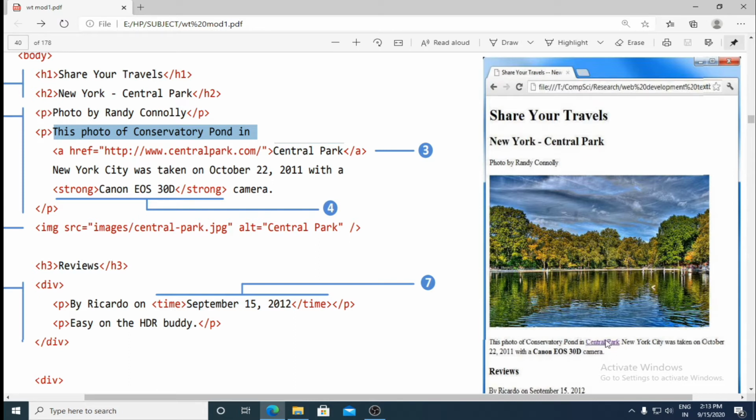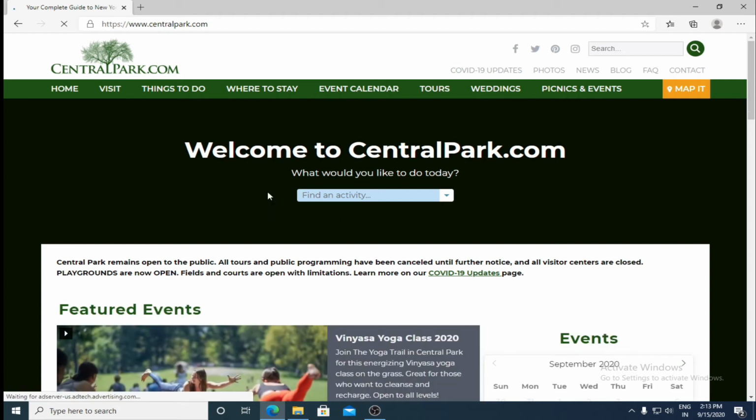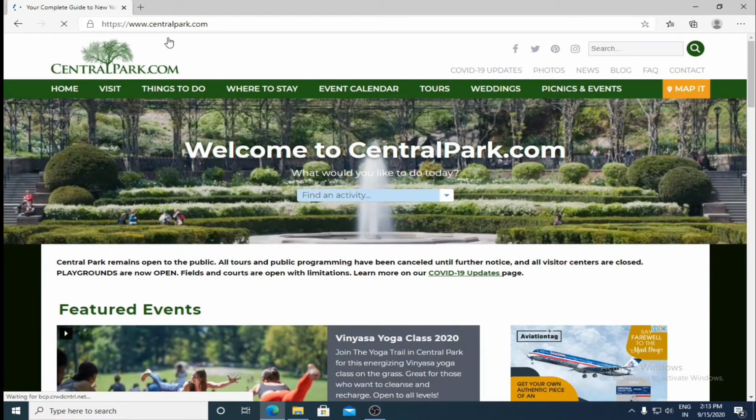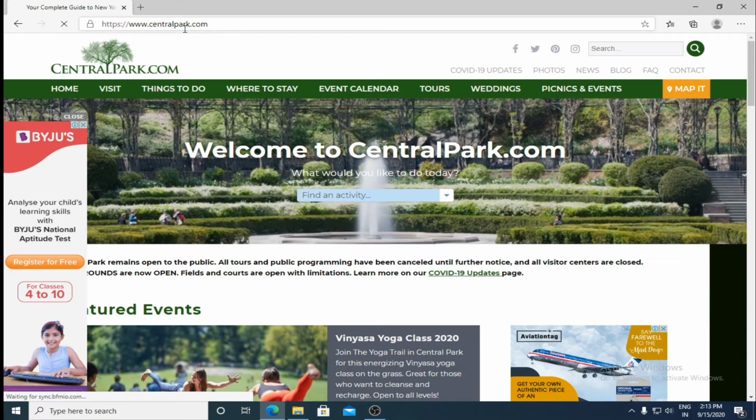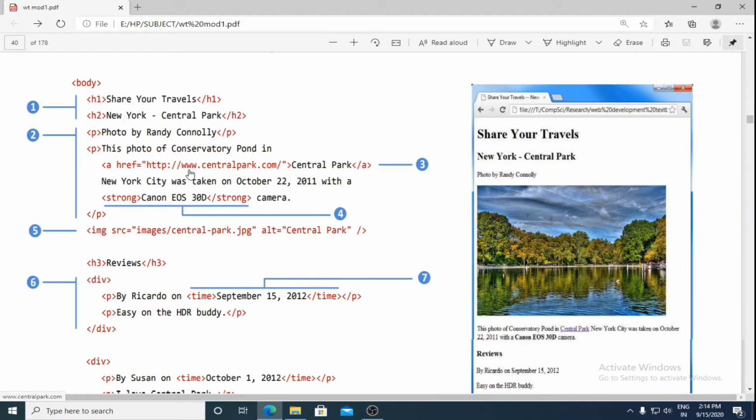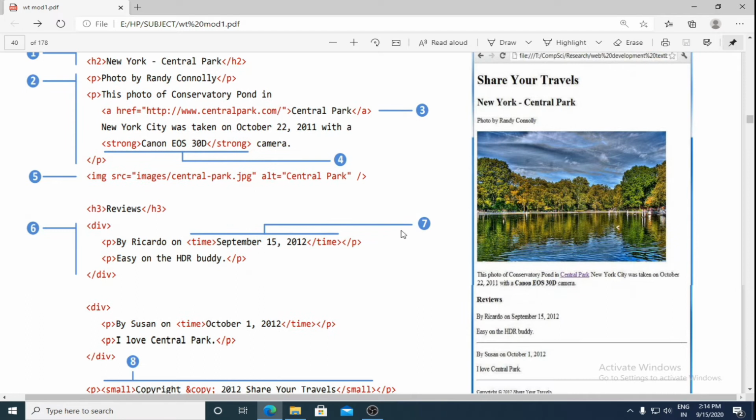When you click on Central Park it will immediately go to this. You can see here when I clicked on this it went to www.centralpark.com. As I clicked on the link it goes to the web page of the Central Park.